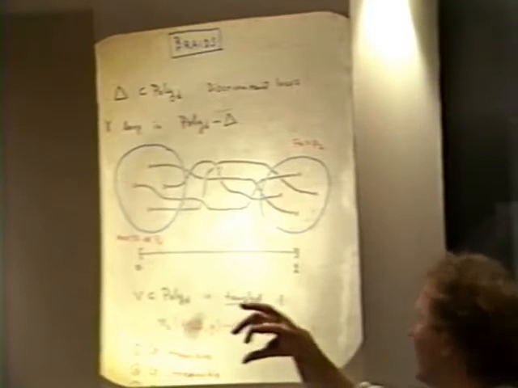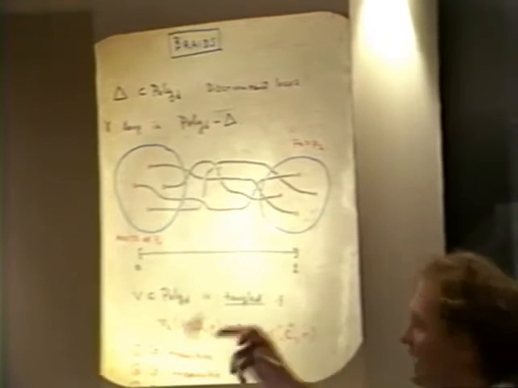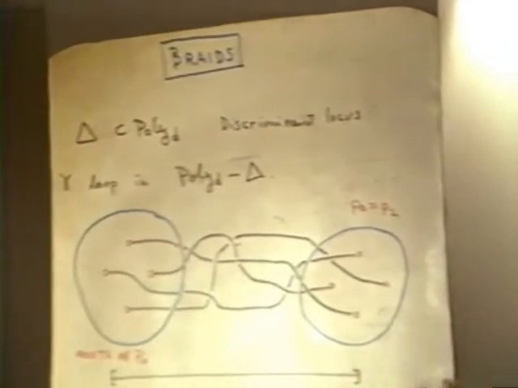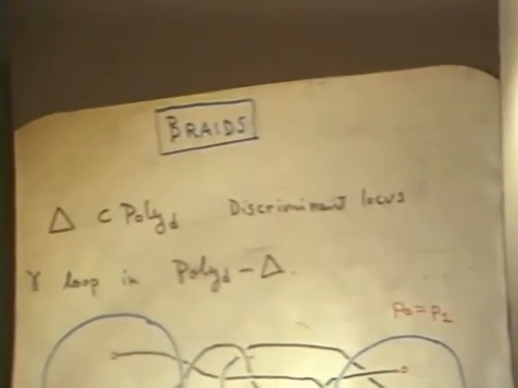Yeah, so I'm going to describe what a braid is. A braid is just a motion of points on the Riemann sphere. It's a motion such that the points come back to the set where they started. The points are not individually required to come back to where they started, but they're required to come back to the positions at which they began.